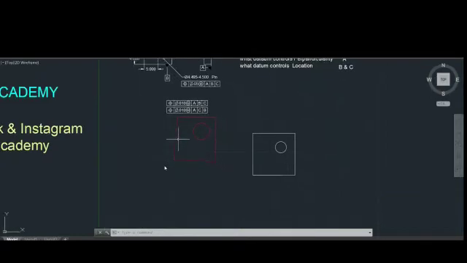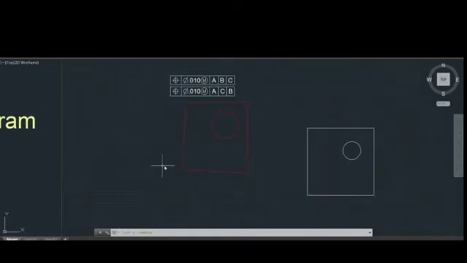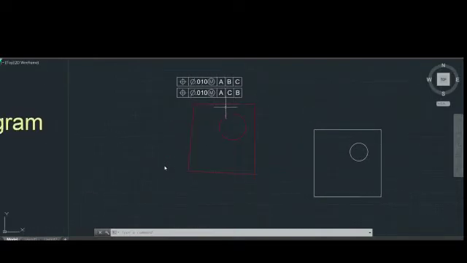So let's consider that this part is manufactured based on given tolerances specified on a drawing sheet. I have exaggerated the values of tolerances in order to simplify the explanation. Just remember, the manufactured part is not always a perfect one.